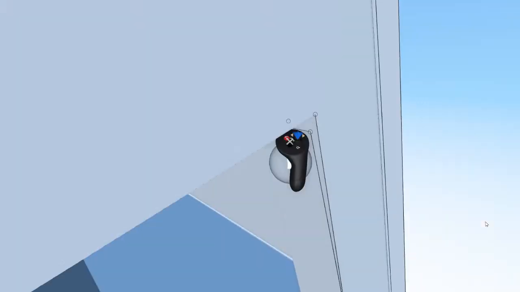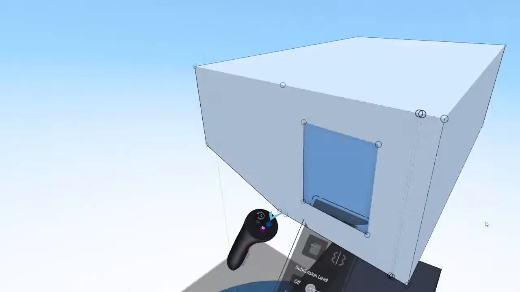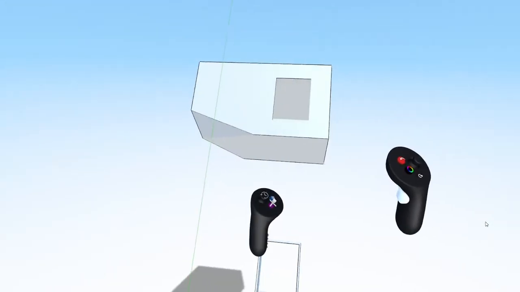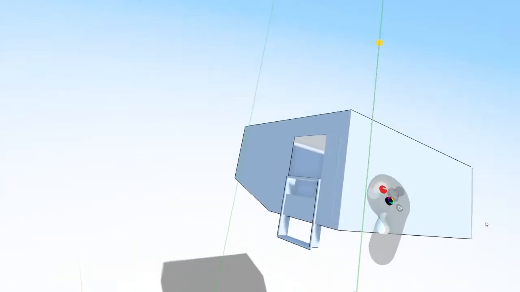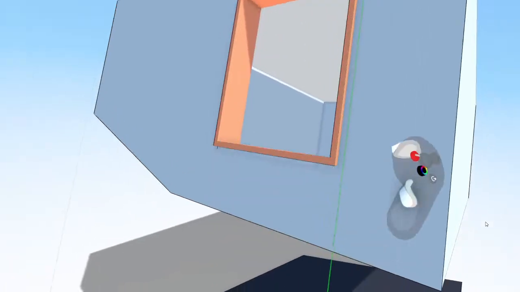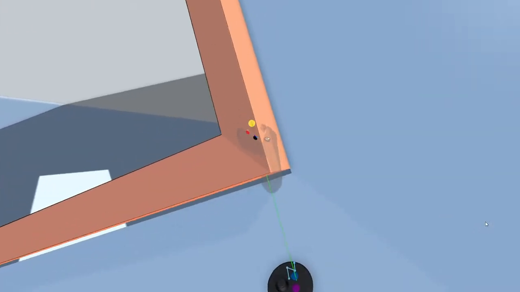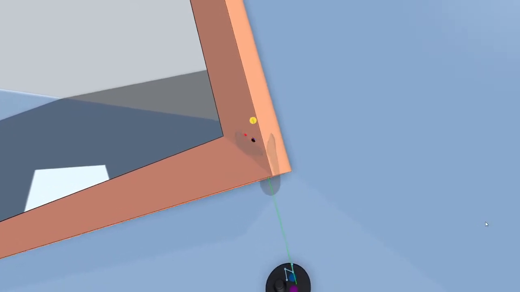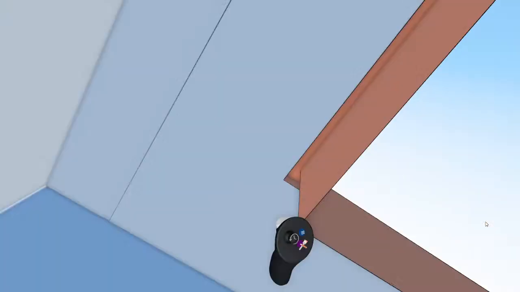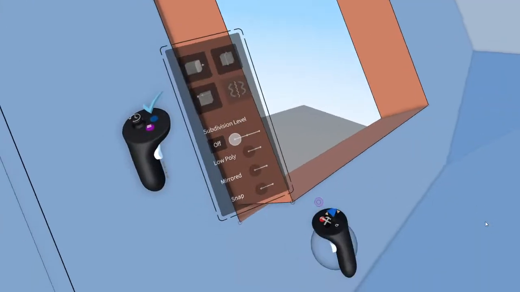Okay, so then once I have that, I will bring this one down, and then usually color this something different just to make it easier to see. And then it's a game of eyeballing. So that's close enough like that. Generally that works, but just to bring things a little bit closer, let's grab the frame,